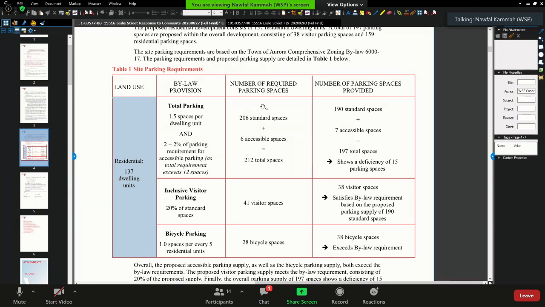There are two columns: the required parking spaces and the provided. The 41 that you see here is the required parking spaces for the bylaw, which is 20% of the total. And as part of the development, there's a total of 38 visitor parking spaces proposed, which meets the 20% requirement based on the total parking spaces proposed.